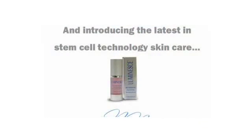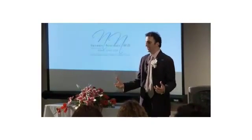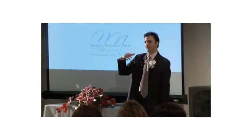And that's how we got to here. By doing all those treatments, we saw how the skin got better. By doing the burn victims and doing the ulcers, we saw that the skin is getting better and it's healing better. And in the laboratory, when we were growing all these cells, we saw that these cells communicate with one another. And when we look back into all the clinical data that we have, and we look back into the studies done on different things,